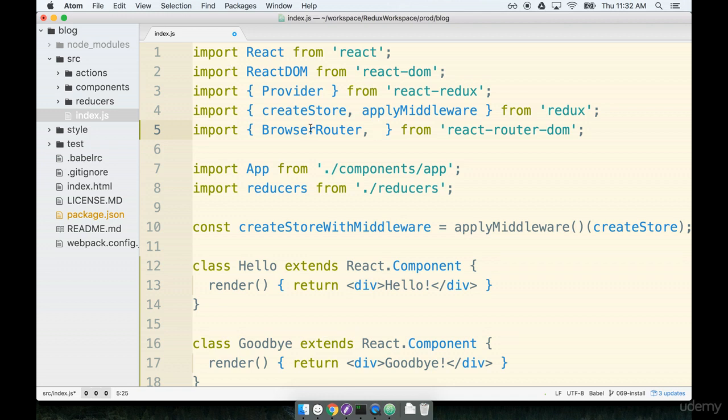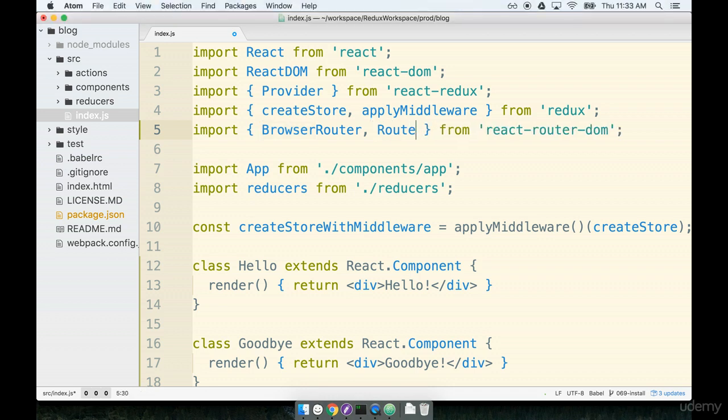The term BrowserRouter in particular is saying I want React Router to look at the entire URL when deciding what different components to show on the screen. And we'll definitely talk about some of the different aspects of this router later on. So for right now, we're just going to say that this is the piece of code that interacts with that history library. The next thing that we're going to import